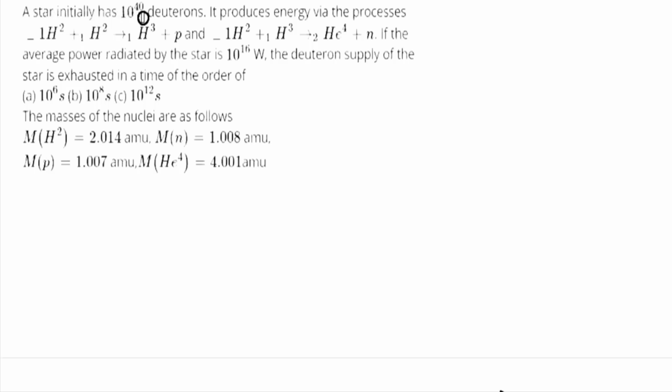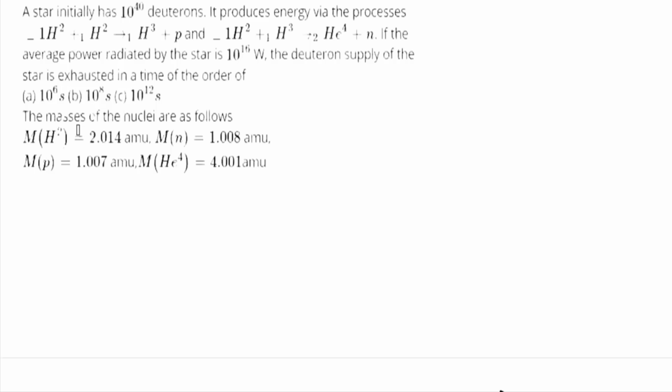A star initially has 10^40 deuterons. It produces energy via the process 1H2 + 1H2 → 1H3 + P and 1H2 + 1H3 → 2He4 + N. If the average power radiated by the star is 10^16 watt, the deuteron supply of the star is exhausted in a time of the order of: option A, 10^6 seconds; option B, 10^8 seconds; option C,